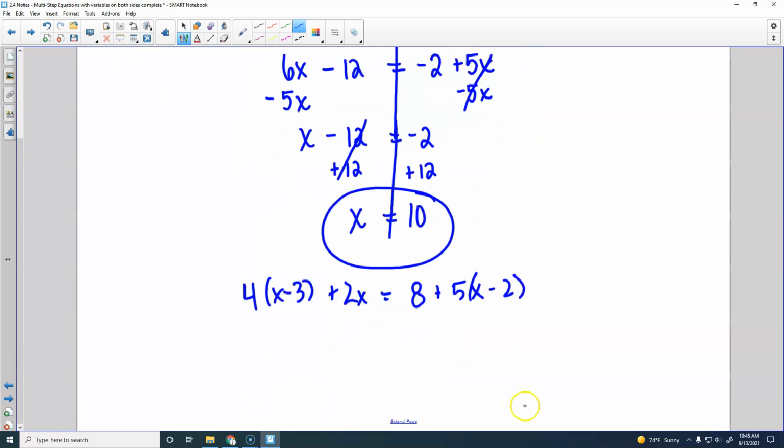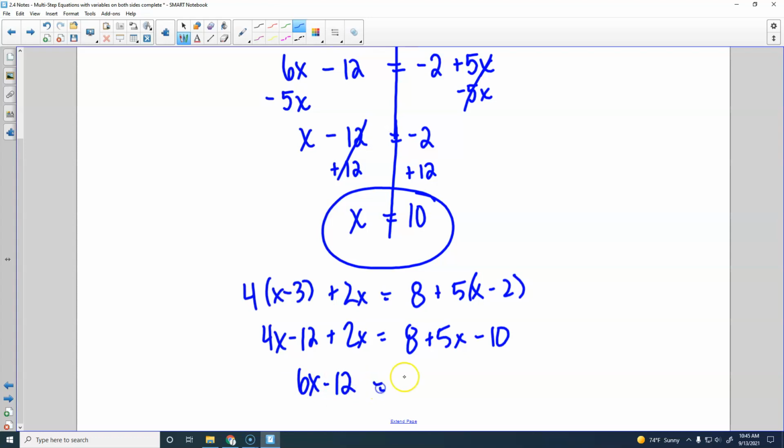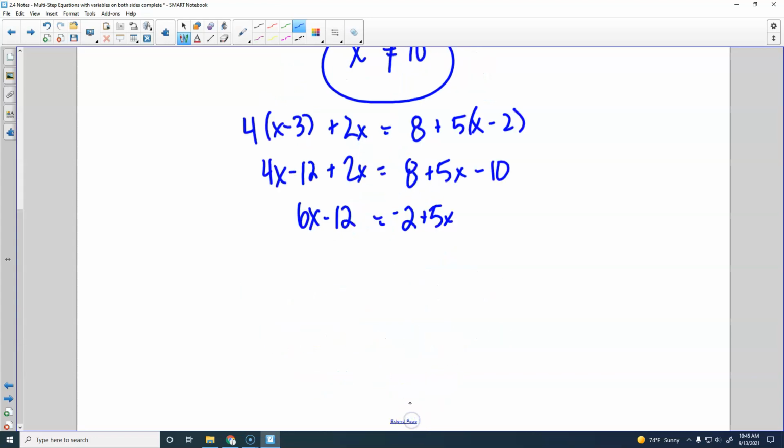You would have worked this problem something like this. You might have written this. Then you might have even done this part right. But then you would have gone